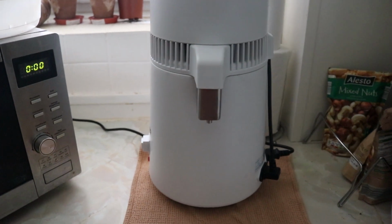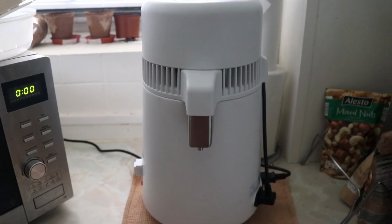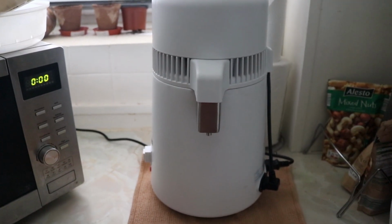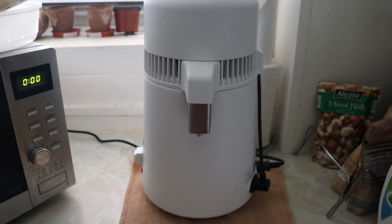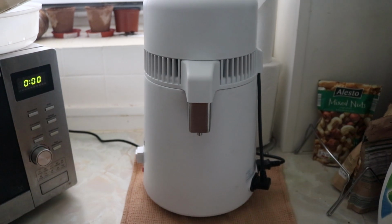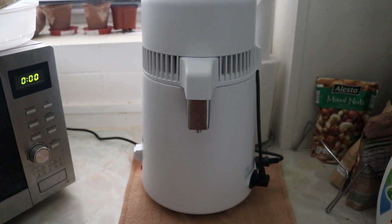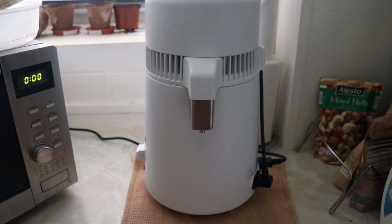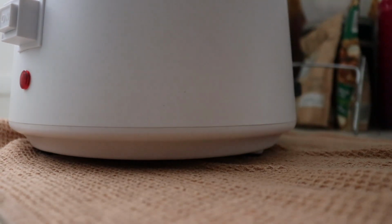it actually distills water, don't get me wrong, it really does distill water, but you get a flavor from it which is not desirable. So I'm talking about you get a plastic taste. Now if you just give me 2 seconds, let me just go ahead. I'm going to show you